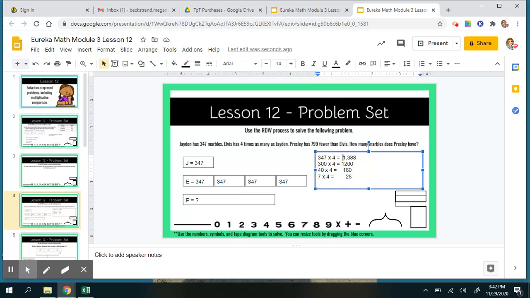Okay, but remember our question is how many marbles does Presley have? So that's the problem we're trying to solve. So now we know a little bit about Presley. We know Presley has 799 fewer than Elvis. So if we know that Elvis has 1,388, then we can do some math to find Presley's total. So we're going to have to take 1,388 minus